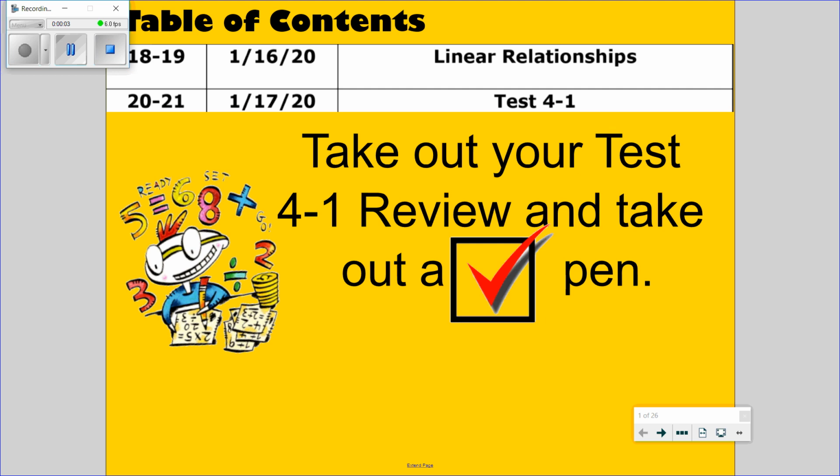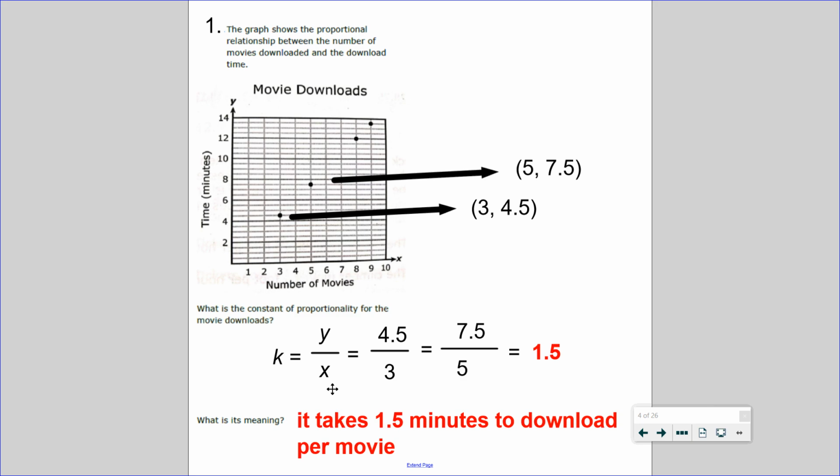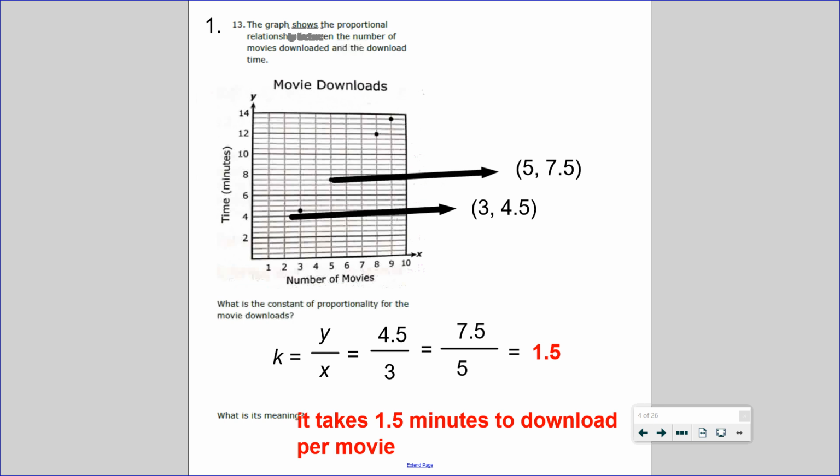Welcome. This is to prepare you for test 4-1 PreAP. So what do you need to know in order to be successful? You need to know something called constant proportionality. So the graph shows the proportional relationship between the number of movies